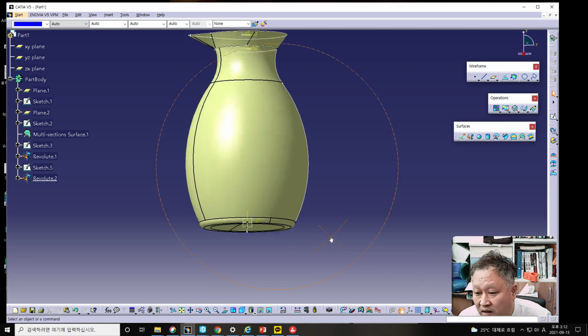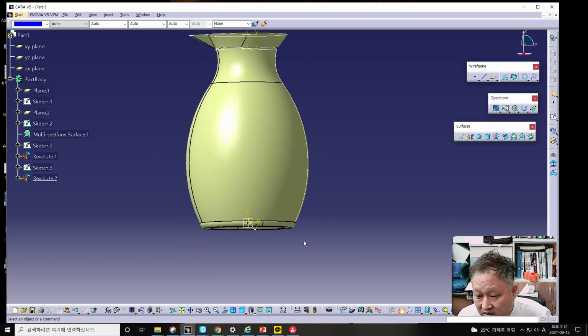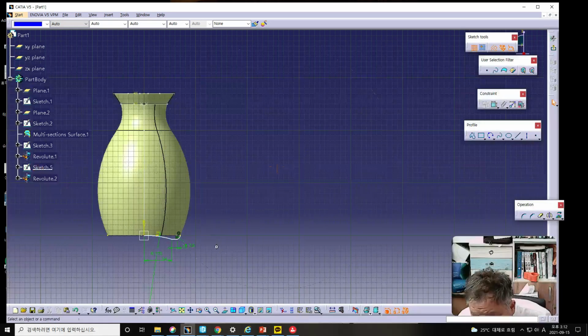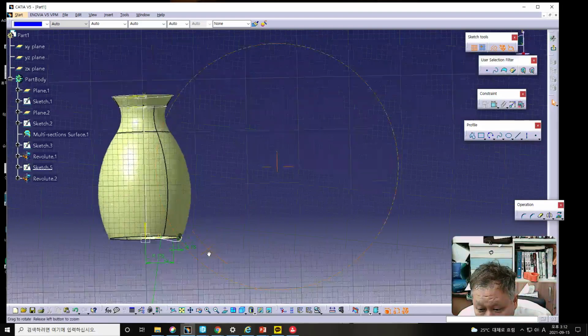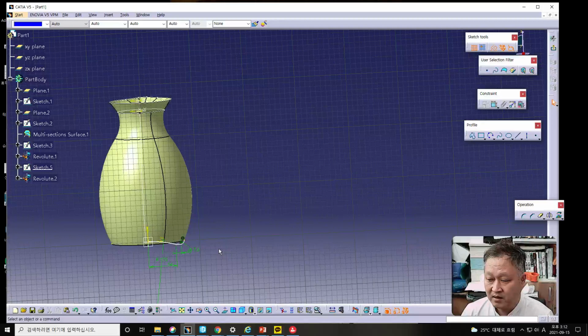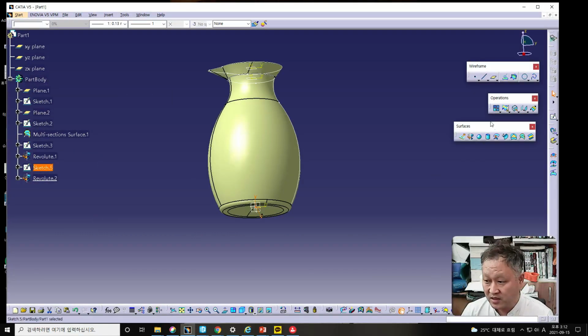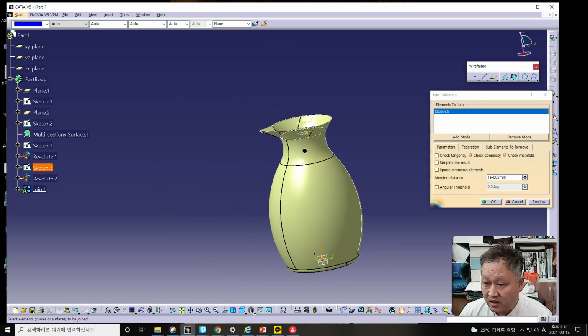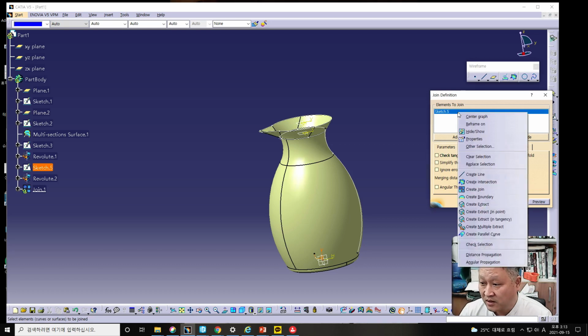Then again, therefore the bottom is made two times. This has no bottom. However, if this is made a bottom, then this bottom can be a superfluous or unnecessary part. Therefore, one bottom should be omitted, and once again I will try to join this part and this part again. First one, this one, okay, delete,